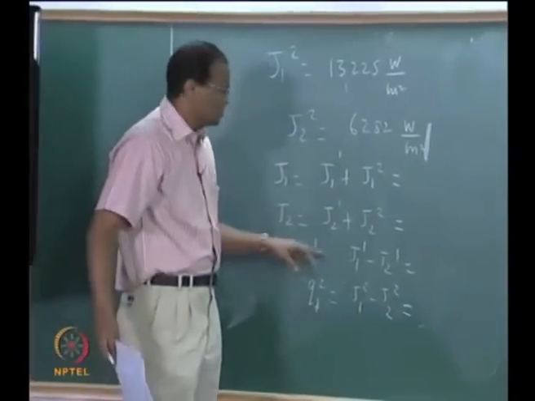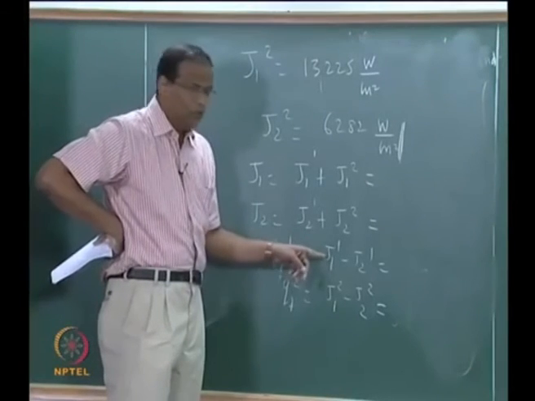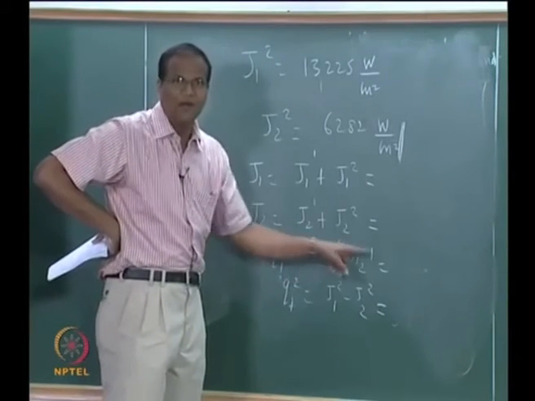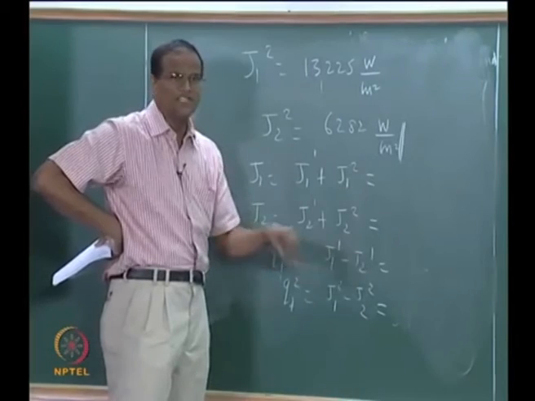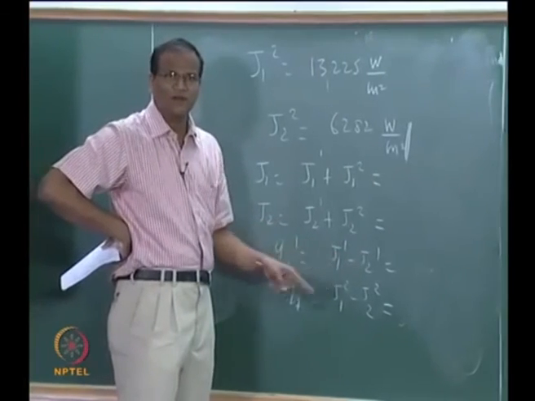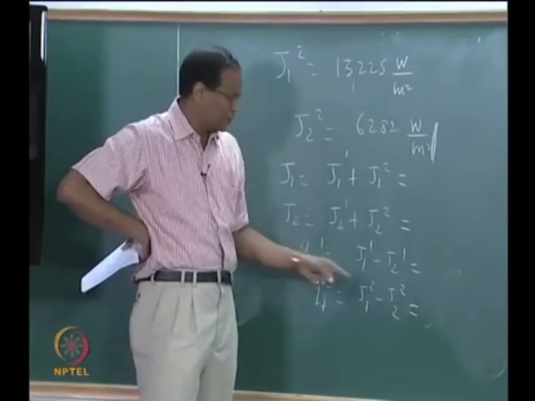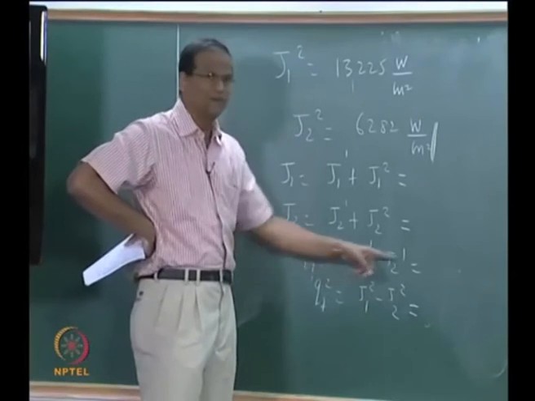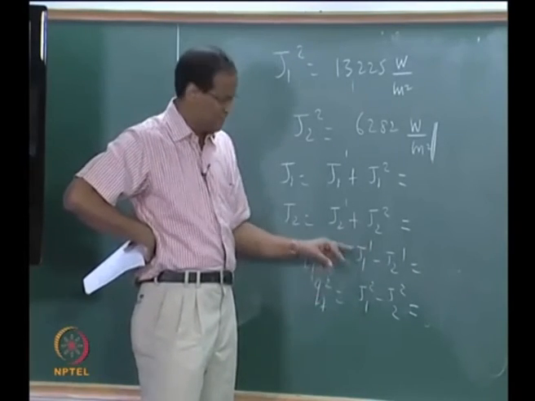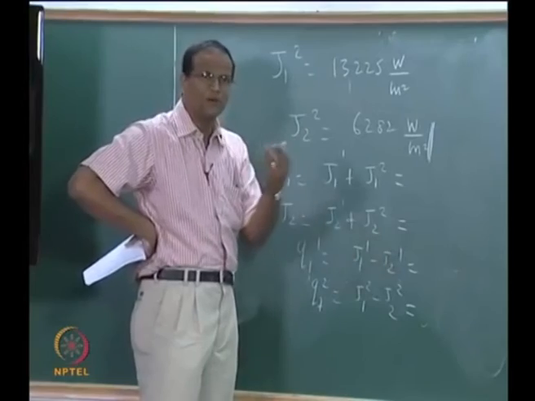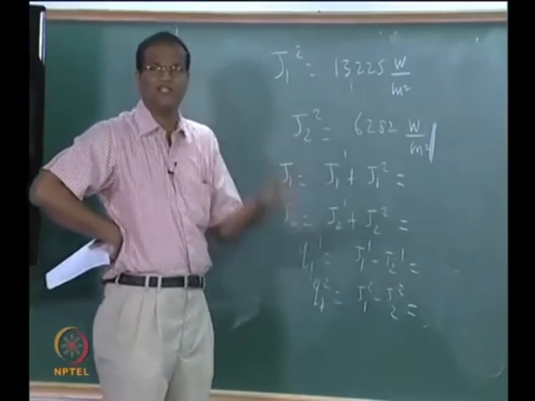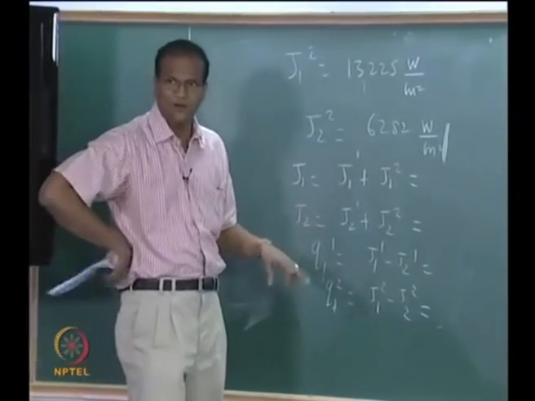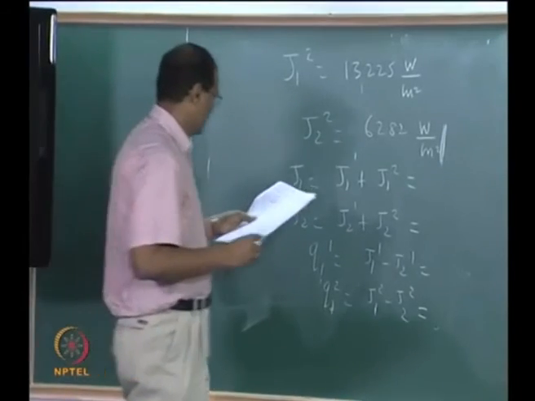I am able to write Q is equal to J1 minus J2 because Q is equal to J1 minus G1. G1 for this problem is J2, we have done so many times. When you study for quiz, you should not get confused. How did I write Q equal to J1 minus J2? It is obvious. J1 minus G1. G1 for this problem is F11 J1 plus F12 J2. It is J2. Therefore, I can write. Okay. Now, please fill this.